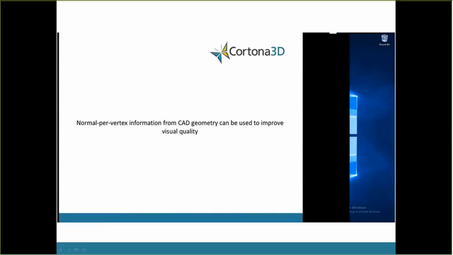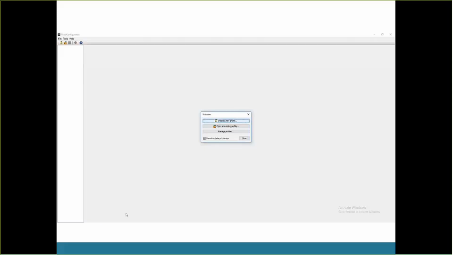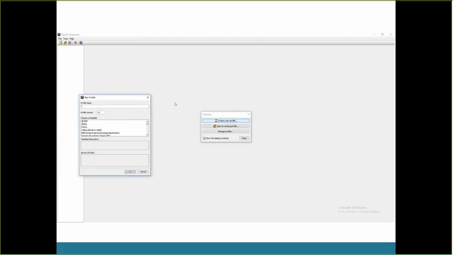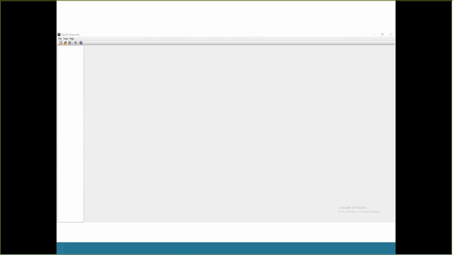What this does is give the author the ability to accept the information that is coming in the normals. Previously, this is the Revit configuration tool, which is used to configure import profiles that will be used during the import step. Here we will create a VRML format import profile,